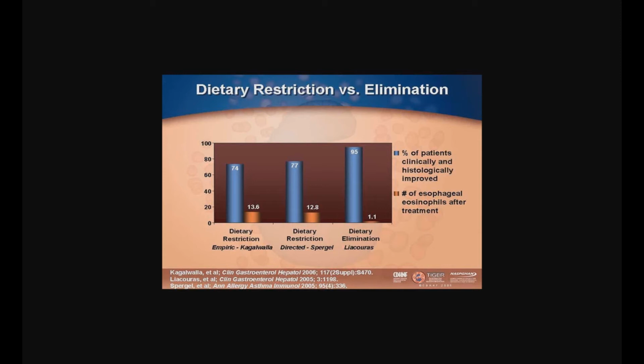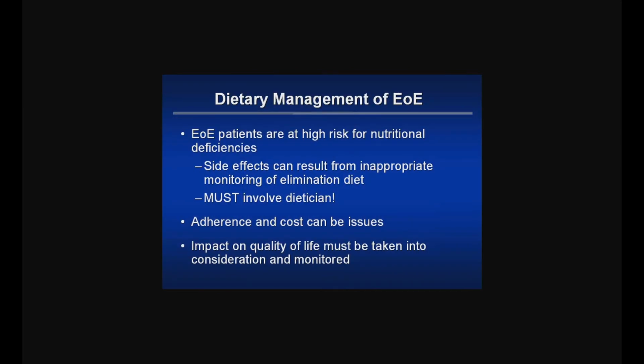And the other two diets are relatively similar in the response to both the 6-food elimination diet and the targeted diet. The interesting thing is that in most of the studies that look at the targeted or directed elimination diets, the most common foods that are involved are the ones that are in the 6-food elimination diet, milk, egg, wheat, and soy in particular. And so the remainder of this talk, if we talk about the dietary management, there's one other